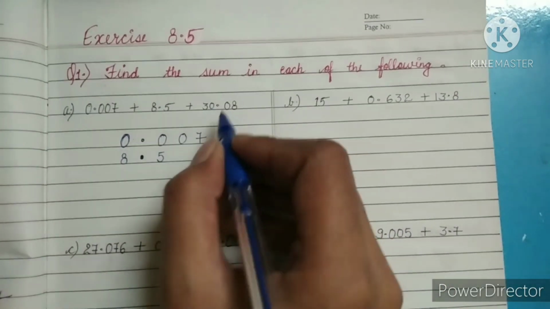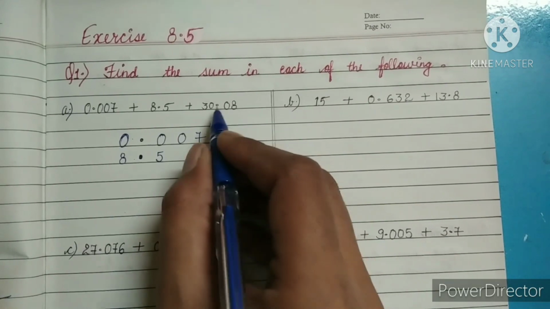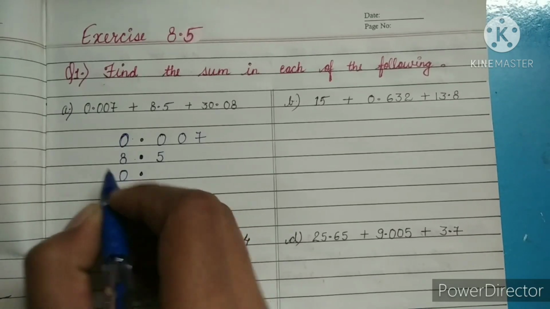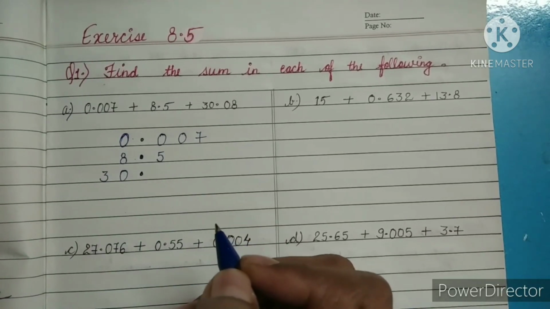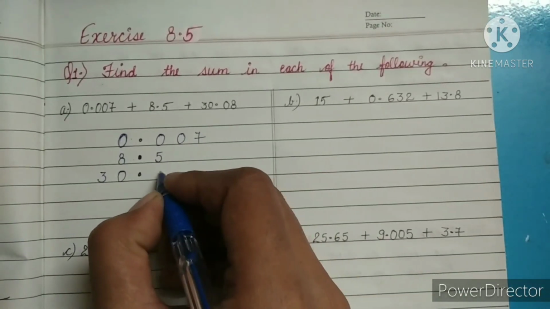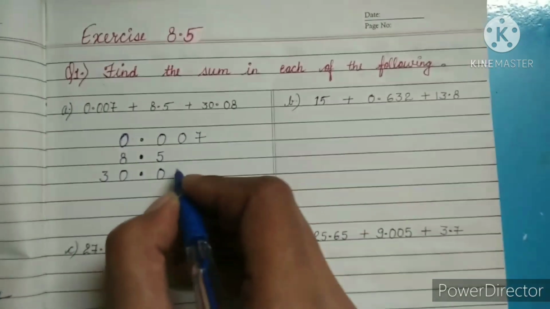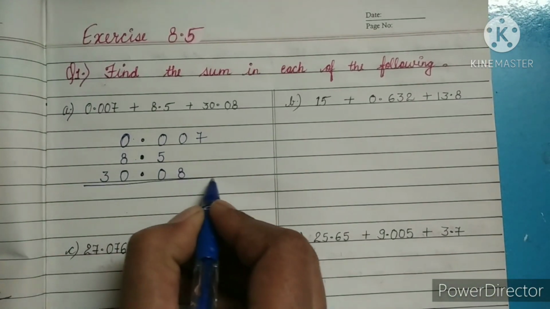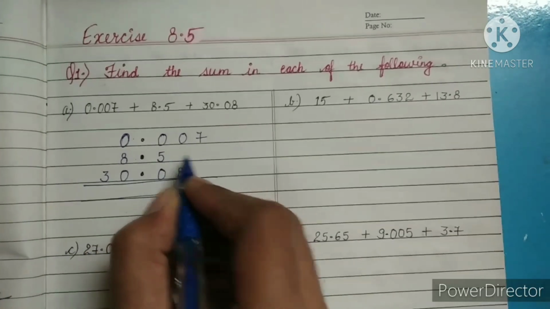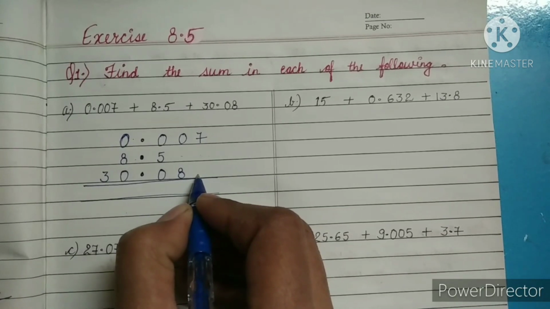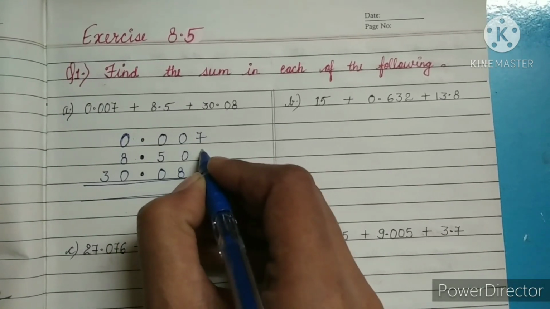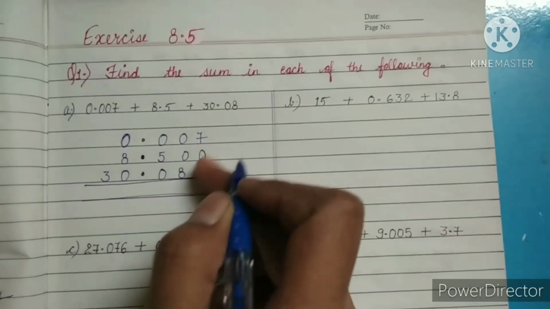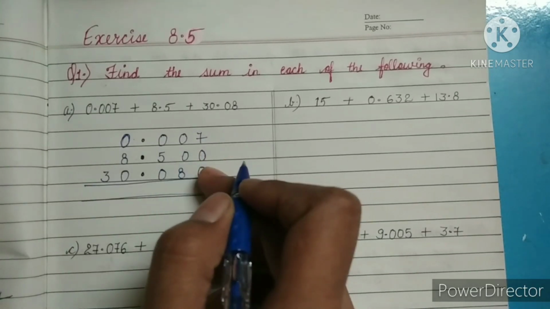Okay. And last one is 30.08. So firstly we will put decimal 30, 0 on the ones place, 3 on the tens place. Here 0 go on the 10th place and 8 will go on the 100th place. You can see somewhere we don't have any values, like here, here, here we don't have any value. So we can put here at the end of the decimal value 0 by our side. Okay, because at the end of the decimal value we can ignore the 0.